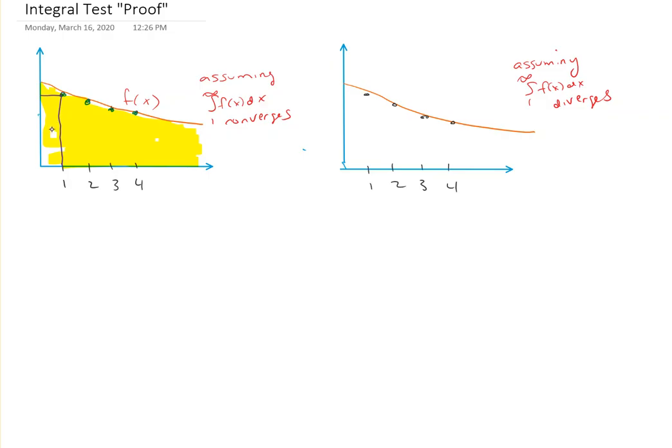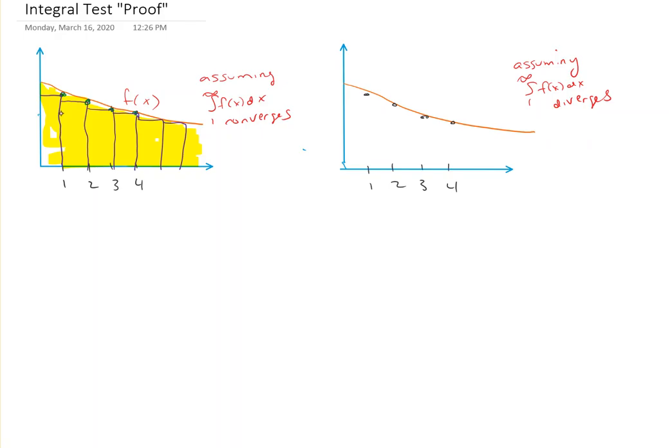That is the same area as the value of that green dot because the width is 1. So I can depict each one of these as rectangles. And it keeps on going and going and going. And if I know that this yellow area converges, and I know that the purple, which is effectively the sequence, the purple, the sum of the rectangles,